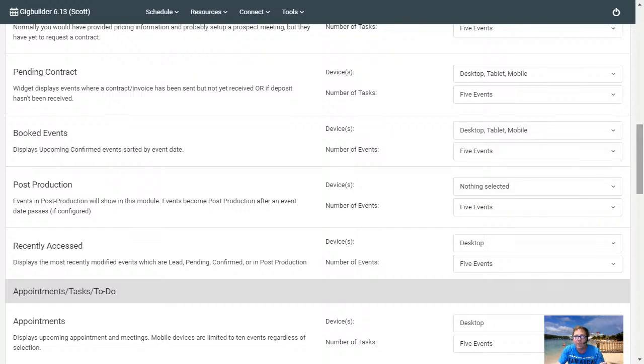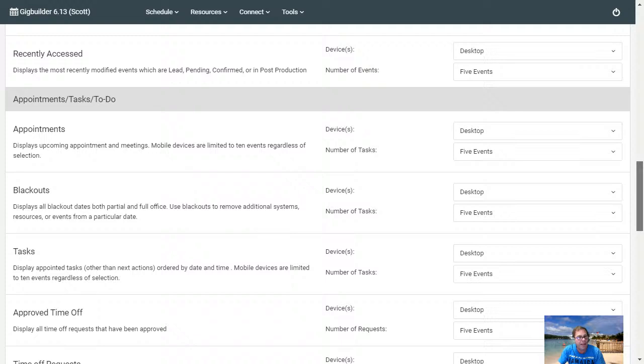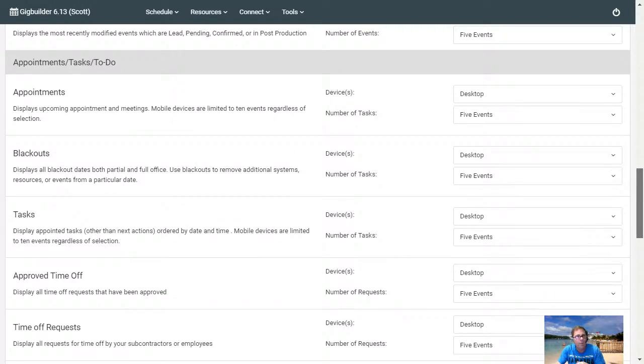Moving it down through appointments and blackouts. What blackouts do is where we make some considerations and changes. If you have a DJ who says, I can work every single Saturday, but I can't work this Saturday, he'll create a time off request, and that'll show up as a blackout, and it'll knock his